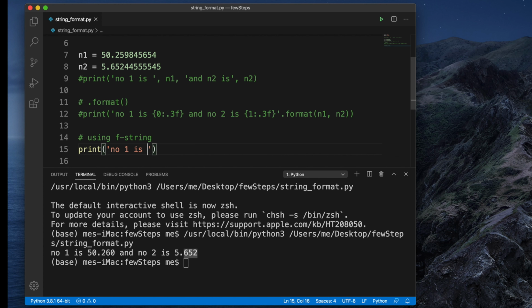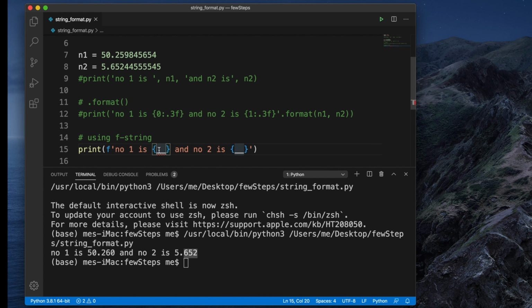Suppose the argument is this one, and then let me do one thing. Number one is like underscore, and number two is like underscore. That means we need to fill this part. Okay, so now for f string, at the beginning we have to put f. Okay, f, and then inside this we have to replace this blank space with the argument like before, like this way. So here we have to put this thing, and also here like this.